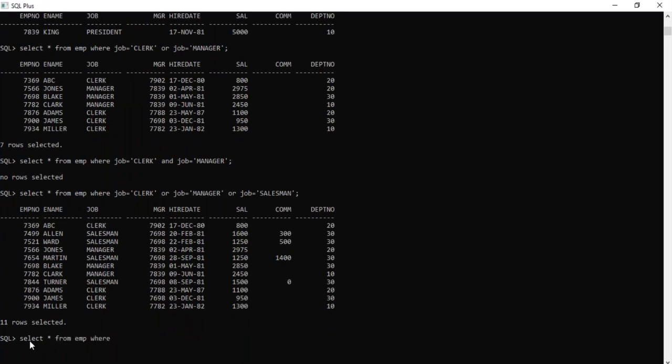See, now the same output came. So however many records are coming with OR, those many records are coming with the IN operator. So the IN operator will reduce the complexity of the query.